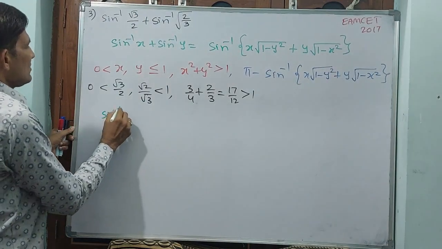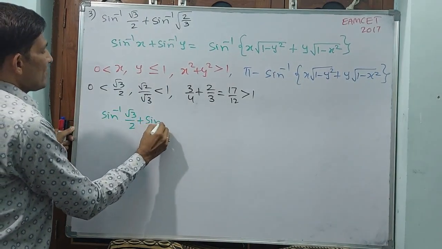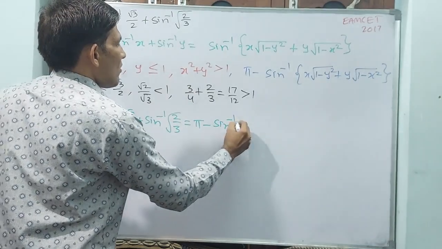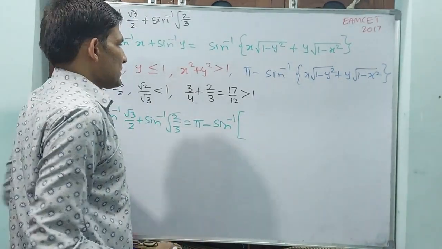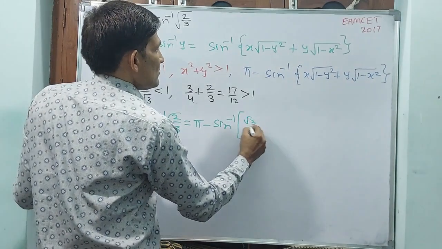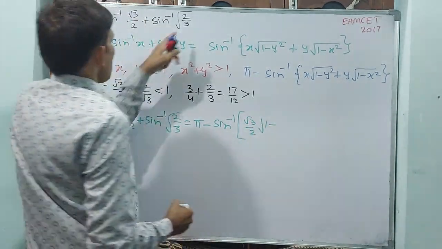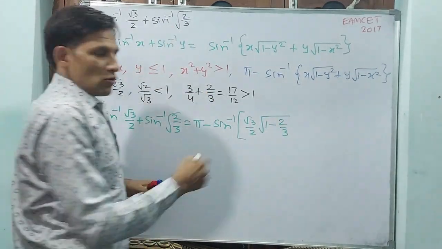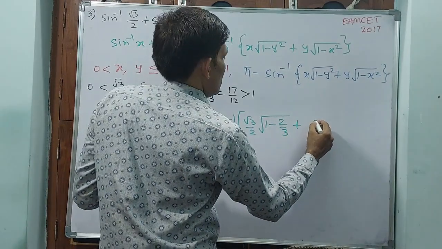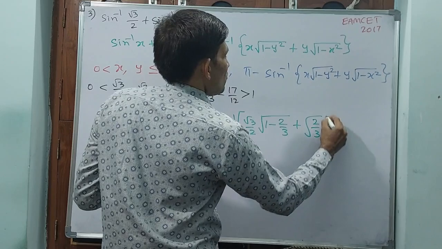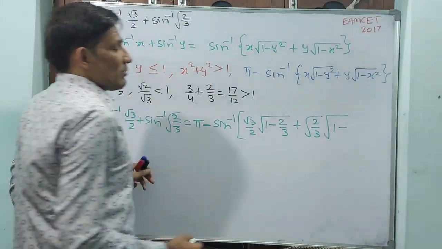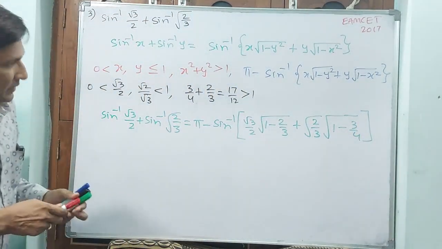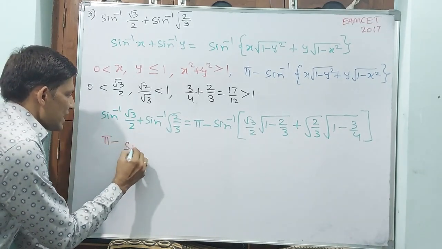Then sin inverse root 3 by 2 plus sin inverse root 2 by root 3 is equal to pi minus sin inverse of root 3 by 2 into square root of 1 minus y square, 2 by 3. Right? Root going to get cancelled out. Plus y, root 2 by root 3, into square root of 1 minus x square, 3 by 4. Okay? Write down. Then as per this formula, pi minus sin inverse of,